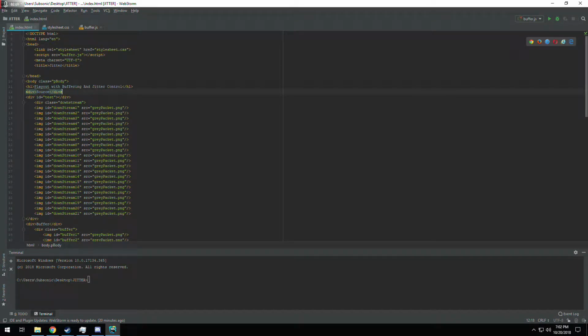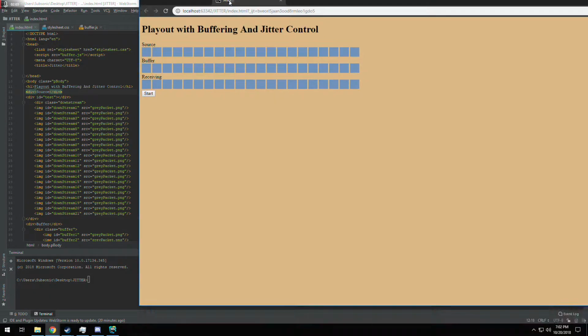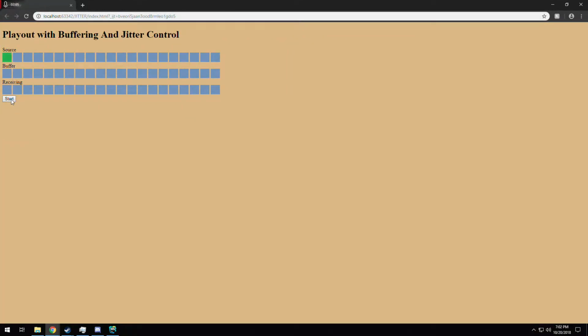So let me get it up here and show a few examples. Every time you click on it, there'll be 1 going to the source. There's a buffer loading in. You have to get to 5. Since we got to 5 being loaded,